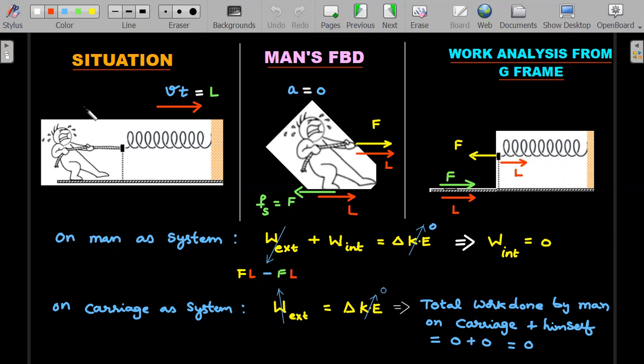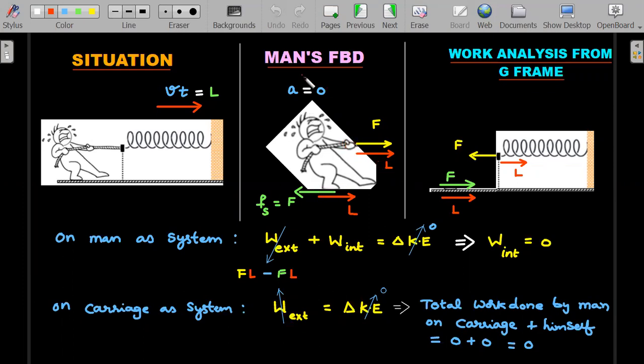So the situation I have depicted here again in a shorter diagram. I'm thinking that the train is moving towards right. So Vt equal to L. V is constant, therefore Vt distance should be L. Now the man's FBD, if I cut off this person's picture and think of it, the velocity of the person as seen by the ground observer is V itself, constant. So acceleration is 0. So on him, due to the spring force, there should be a capital F that he's applying. The same force should get applied on him. And that point of application also moves towards right with the distance L. Whatever the train moves, he's not moving relative to the train or the carriage. He also should be moving, and therefore the point of application should move with distance L.